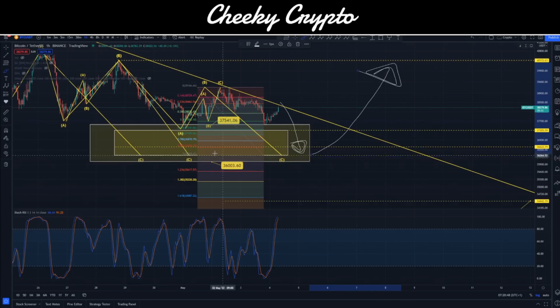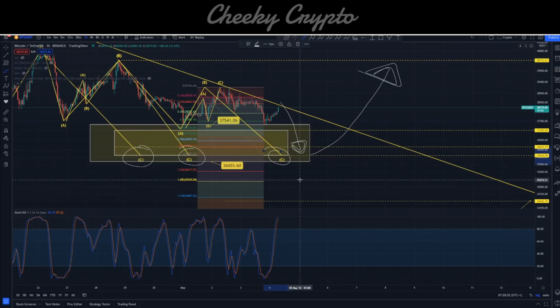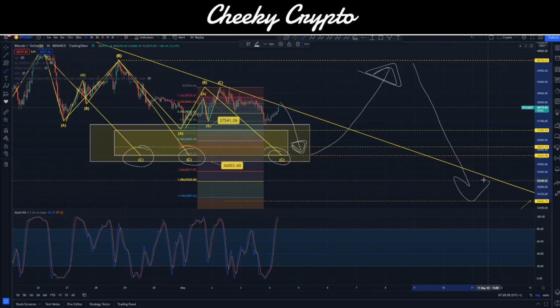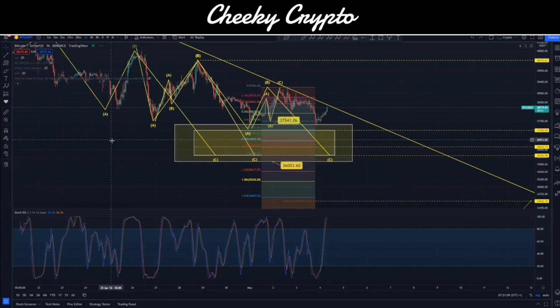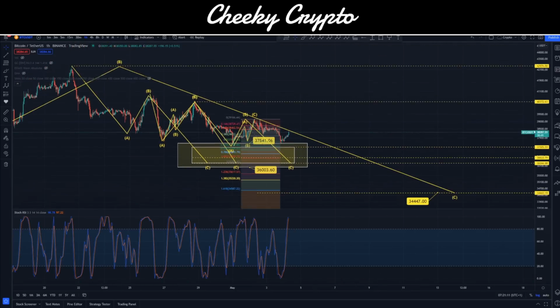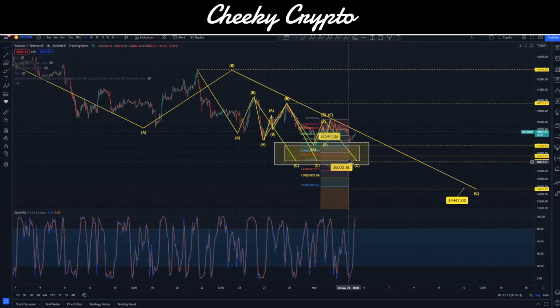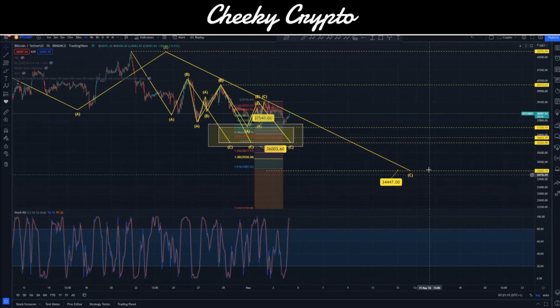We're looking for a reaction to get completion of these three touch points on 36,266, and then we're looking for a bounce to about $40,000 before we crash down towards our $34,000 target. This is how I'm looking at the market. After that, it's fair to reassess the wave counts, but the wave counts that I have at the moment are all saying 36,266,